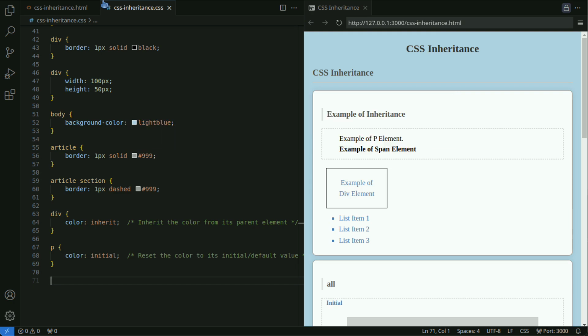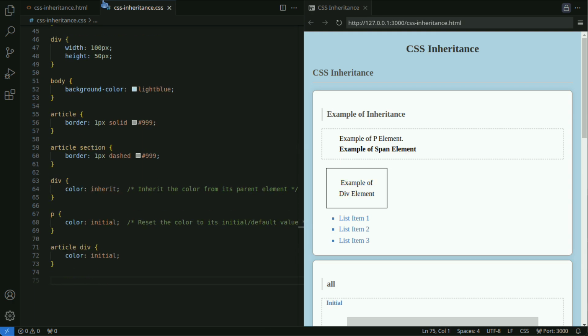As an example of controlling inheritance, let's prevent the text color applied to the article element from being applied to the div element. This style resets the text color of all div elements within the article to the default color. Disabling the color inherited from the parent element reverts to the browser's initial value.